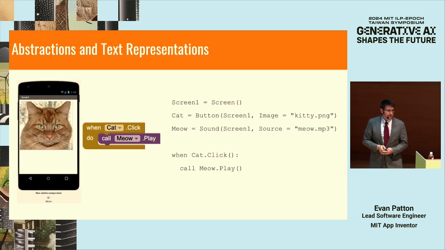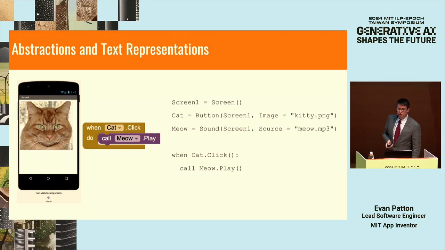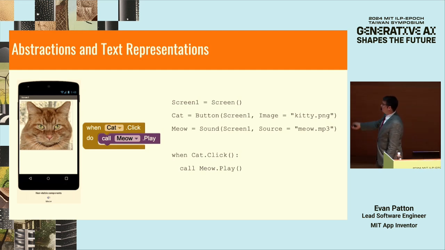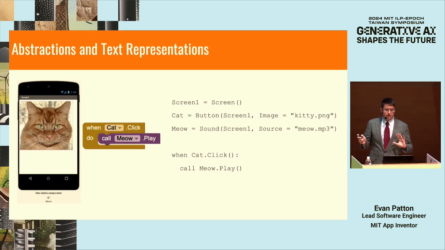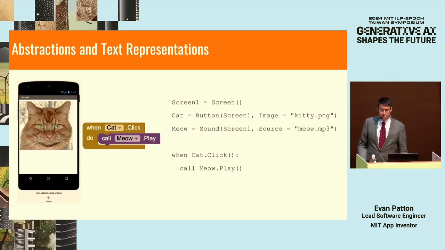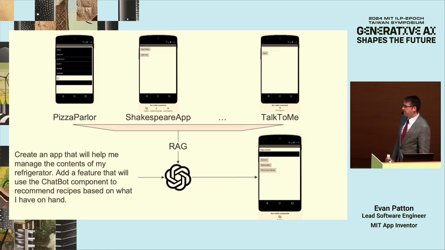Okay, so returning to this idea of abstraction and how App Inventor works with it, what we decided to do with this is, App Inventor being a visual language, like you see on the left, makes it a little bit difficult for a large language model to manipulate it. So we defined a language, as you can see on the right-hand side here, that shows how to manipulate the blocks as text. And then we use a technique called RAG